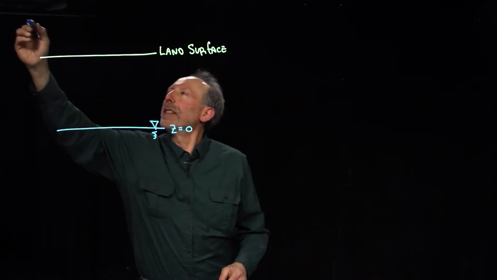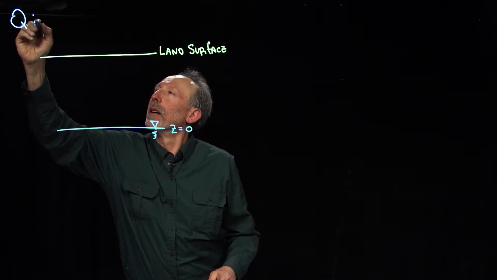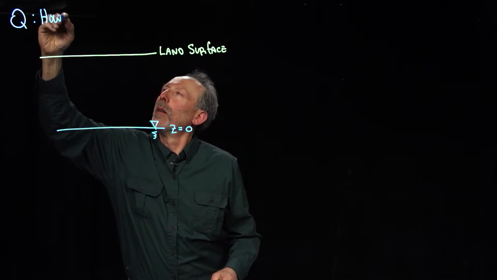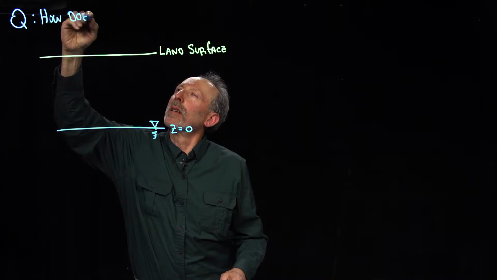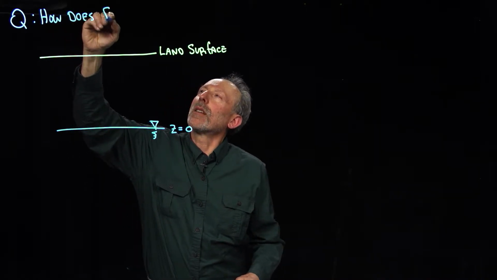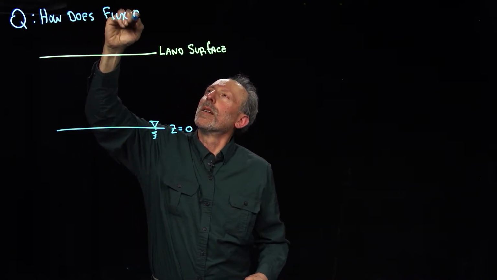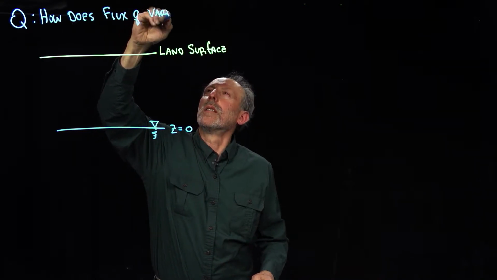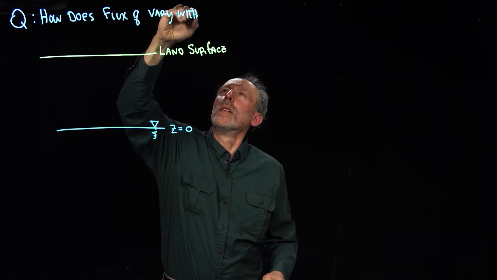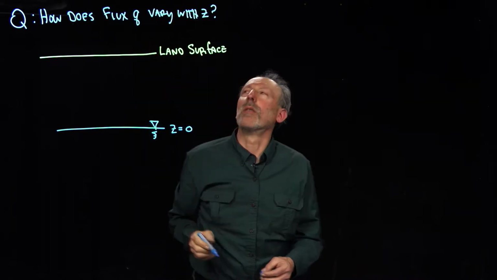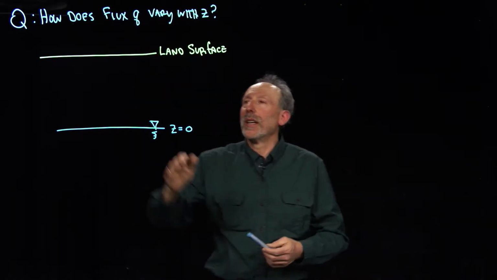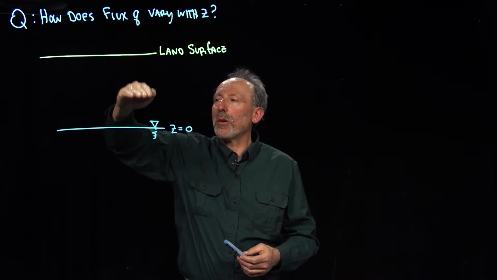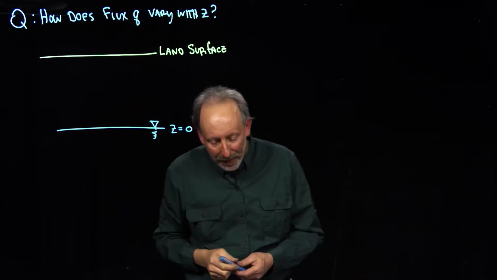And our question is, how does the flux Q vary with z, for example? So in other words, if the land were deeper or less deep, how would our evaporative